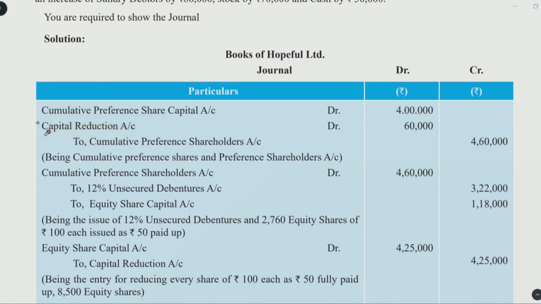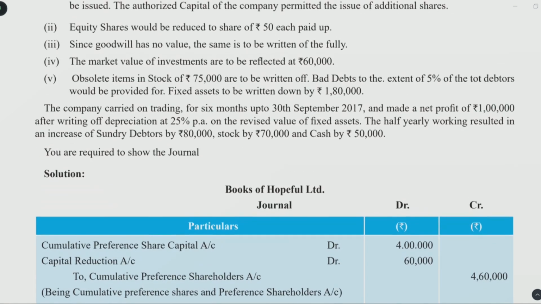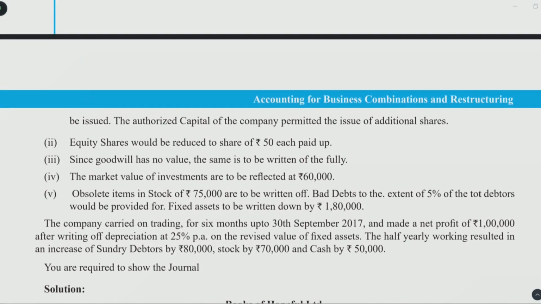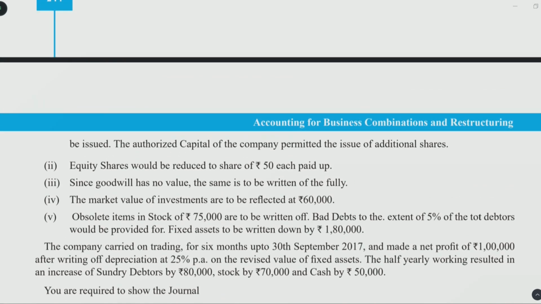As I said, you may write reconstruction account or capital reduction account. That is not going to make any significant difference. Now, what has to be done in place of this? You are going to issue 12% unsecured debentures. Let us read that line. That line says,